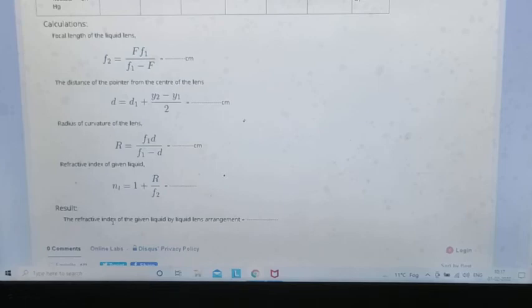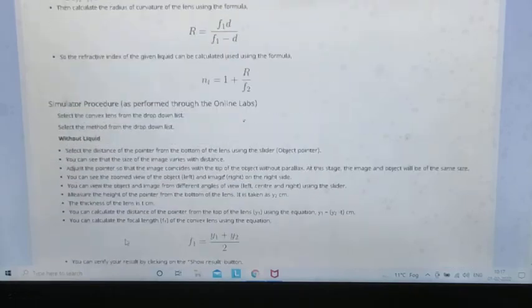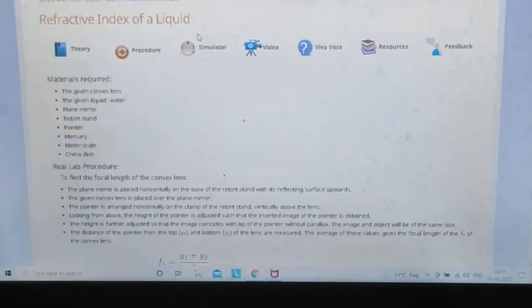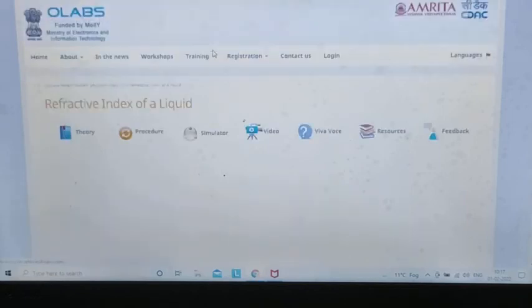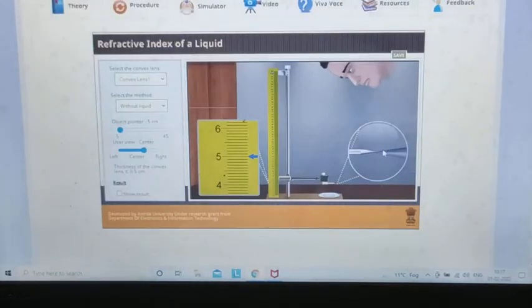So I think the arrangement of the whole experiment is clear. We only have to find the position where the image and the object of the needle are matched tip to tip. Again, this is our object, this is our image, and they should be matched tip to tip.